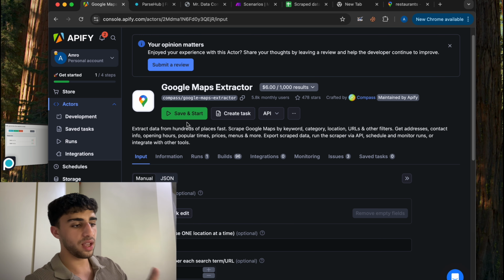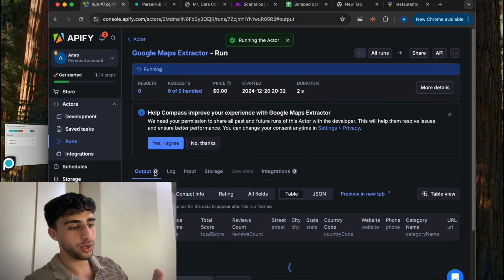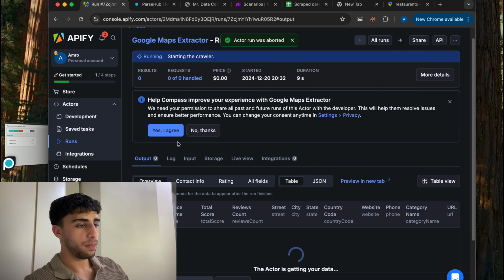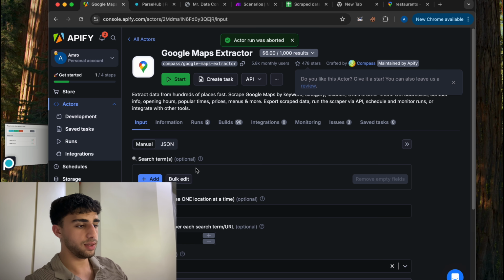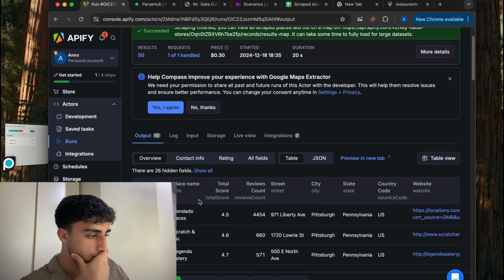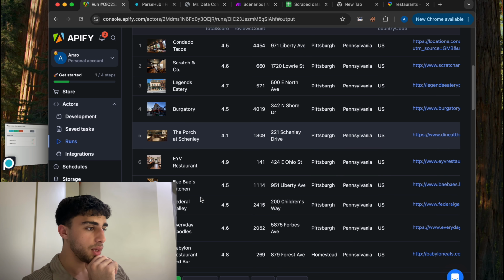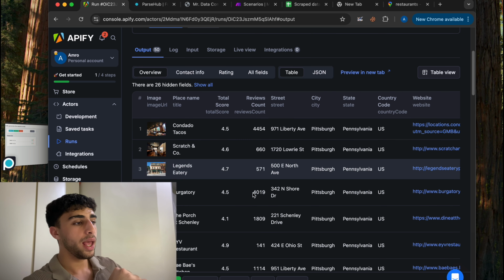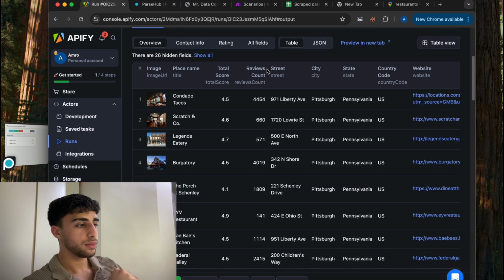So here you can just press save and start, and it will start running, right? This is also, you get a free trial. So again, like I said, it's all free. So yeah, this is running now. And let me just abort this real quick. But the idea is that you will get data that looks like this. You'll get a bunch of information, including their website, which is the most important part. And then if you extract this data, this is what it looks like. You press export here